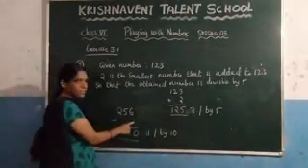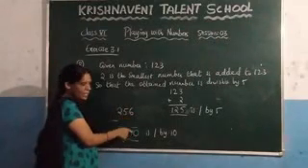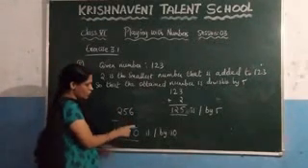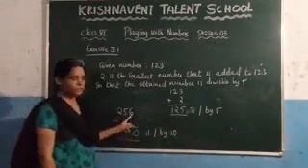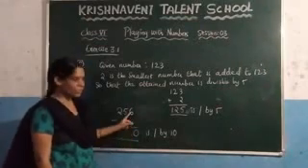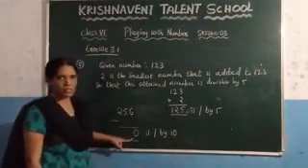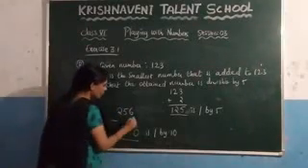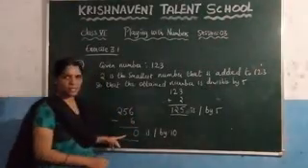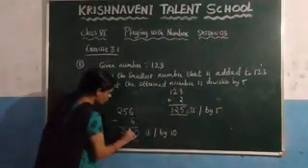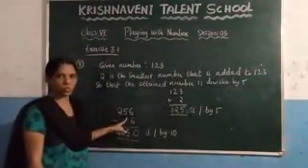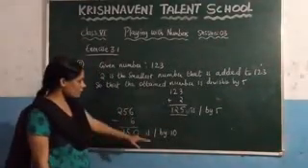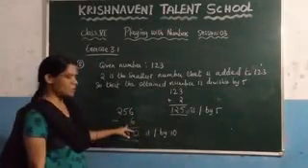You can check it here. If you take 1 here, you get 5, right? And if you take 2 here, what will you get? 6 minus 2 which is 4. And if you take 3, you get 3. And if you take 4, you get the result as 2. If you take 5, you get the result as 1. But if you take 6 here, you get the result as 0. So, the smallest number that must be subtracted from 256 so that the number is divisible by 10 is nothing but 6, right?